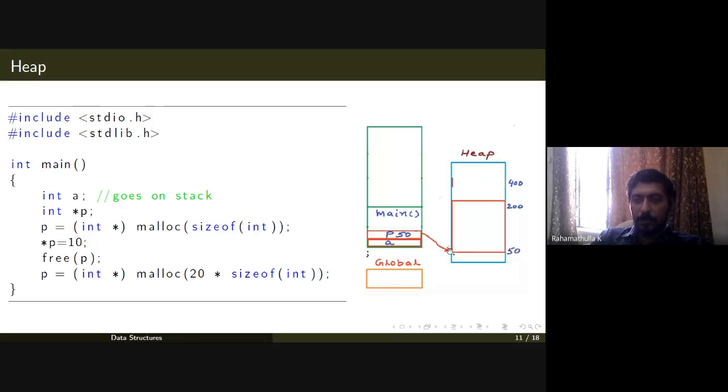If you call star p, you will be able to access the first element, star p plus 1 the next element, star p plus 2 the next element, and so on. Or it's like accessing an array. You can access it like p of 0, p of 1, p of 2, etc. So with this statement, we have allocated space for an array of 20 integers.